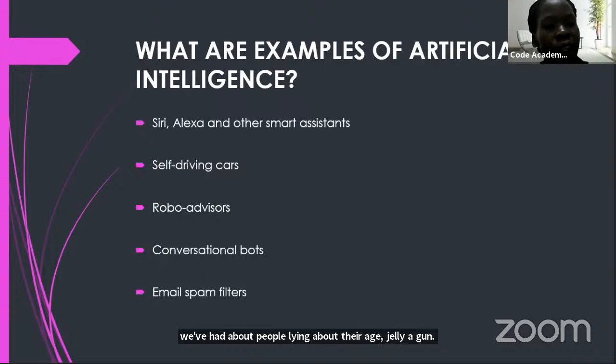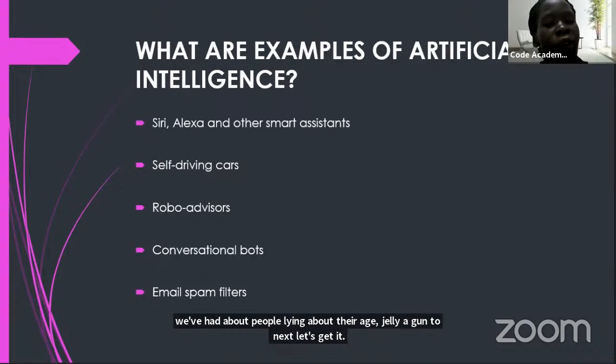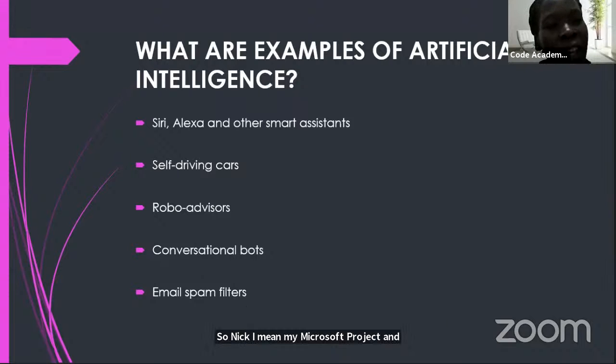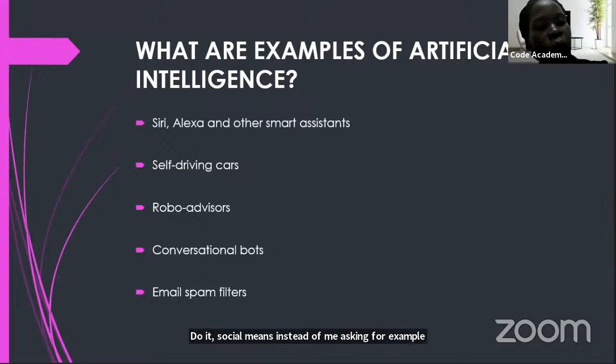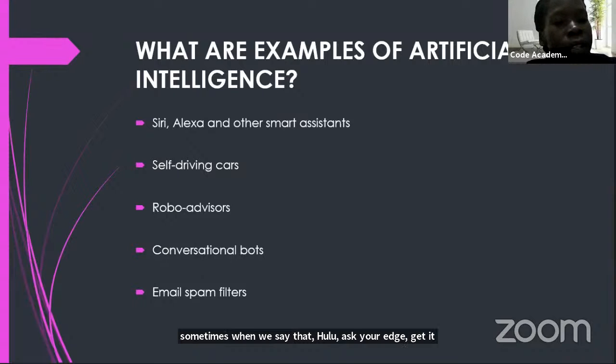Imagine I create a project, and when you put your face, it can even tell your name, and then your age. So instead of me asking, for example, sometimes at school they'll ask your age, you just go and put your face, it tells your name, age, and you go.